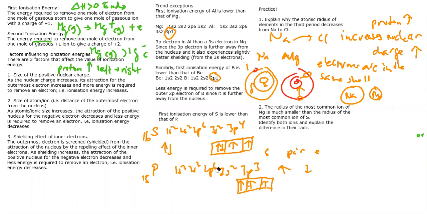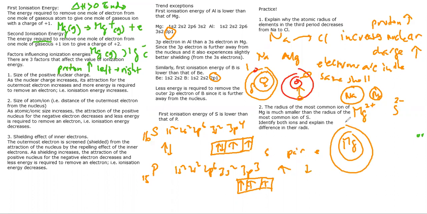Just look at the periodic table. When you have an atom located in group 2, there will be Mg2+. And since sulfur is located in group 6, it will have a 2- charge. So the size of Mg is smaller than the size of